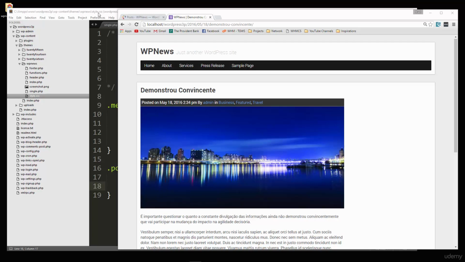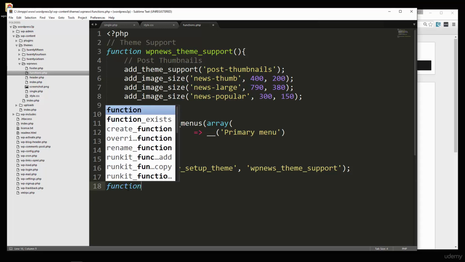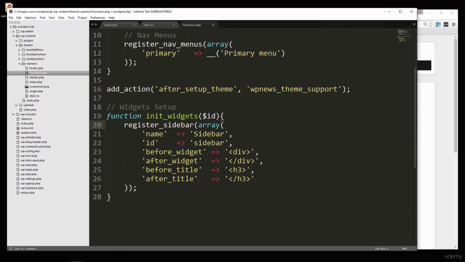So while we're here, we might as well do the sidebar as well. So let's go into functions.php, and we need to add support for widgets. So let's create a function called init widgets, and that'll take in an ID. And I'm actually going to paste this in. So we're calling register sidebar, and the name is going to be sidebar, the ID sidebar, which is all lowercase,